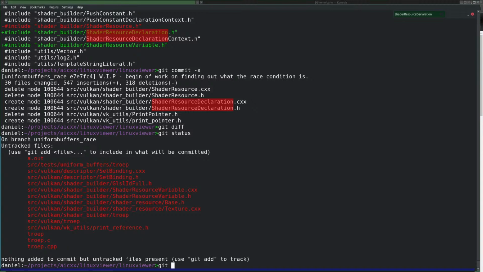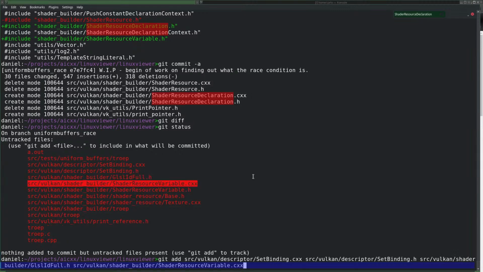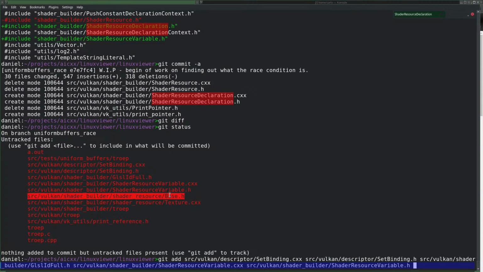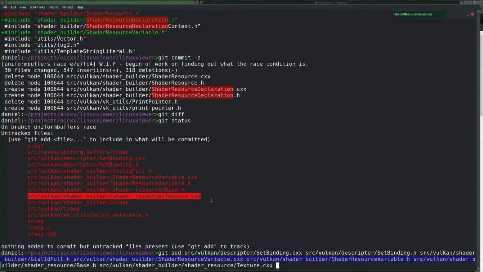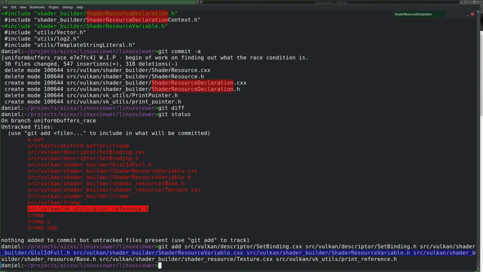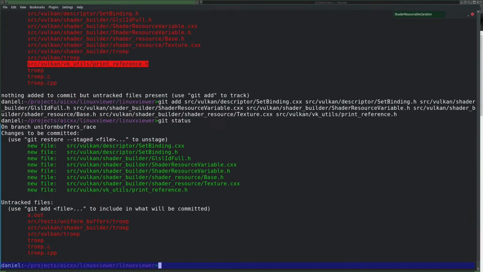Oops, I have a lot of untracked files. I'm going to add those as well. Okay, remove all the rest.